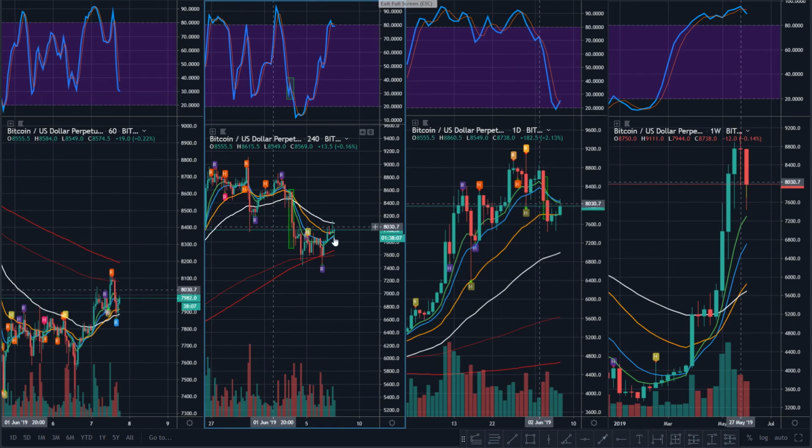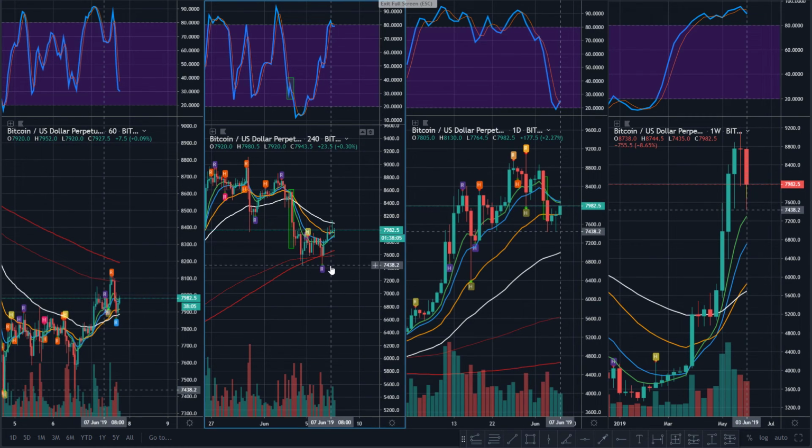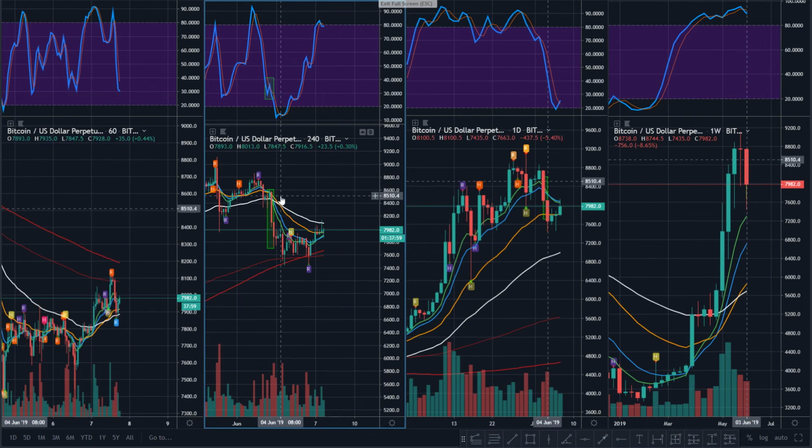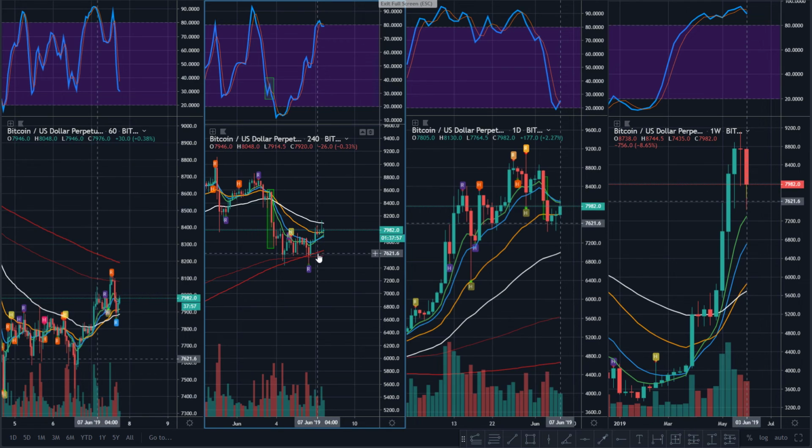But regardless, we can see why. First of all, the 55 is a big deal. You're not always just going to reclaim it on a closing basis. If you could, great, but slope matters, and we see the slope is down. So if you can start to understand that reality and say, hey, look, it's going to be hard to take